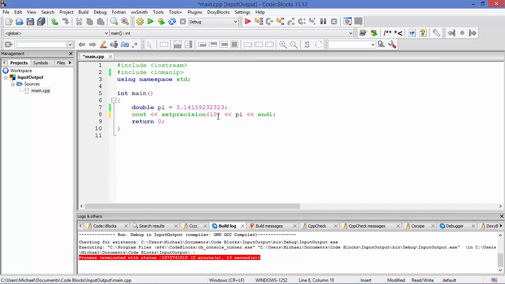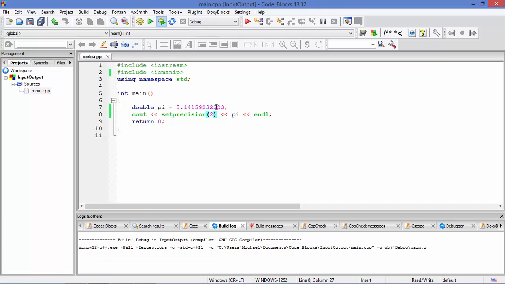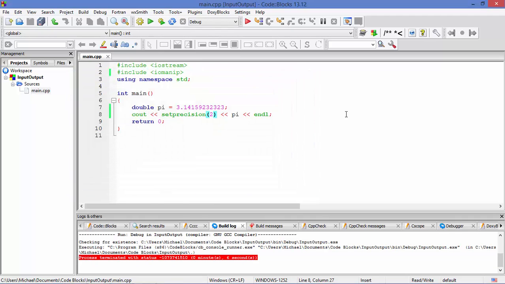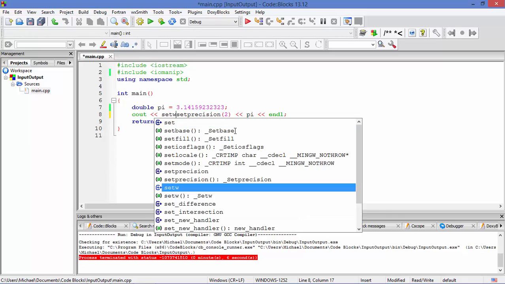So by doing this, we can change what we get displayed in a number. Notice here we change it to 2, and now we just get the point and the 1. So setprecision can be used to change how many digits are displayed in a floating point number, and then setw can be used